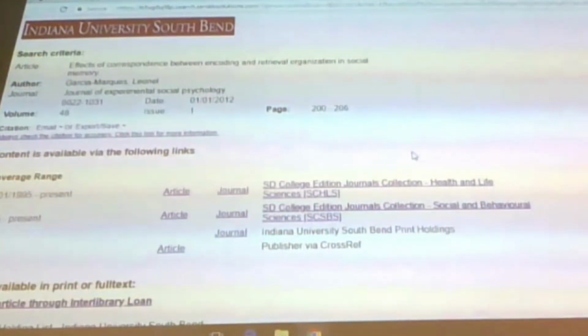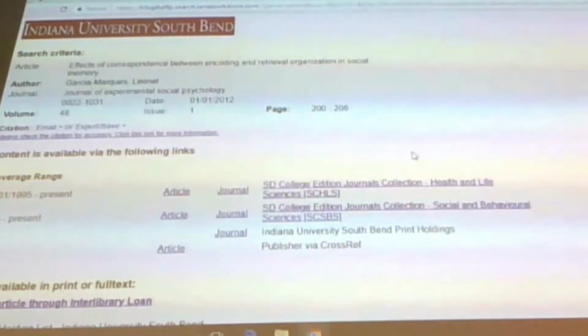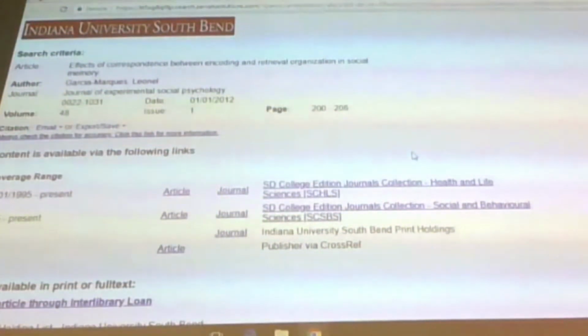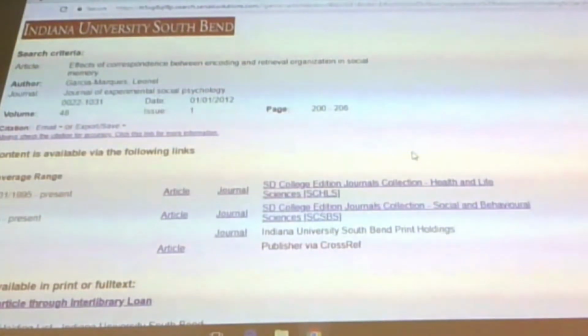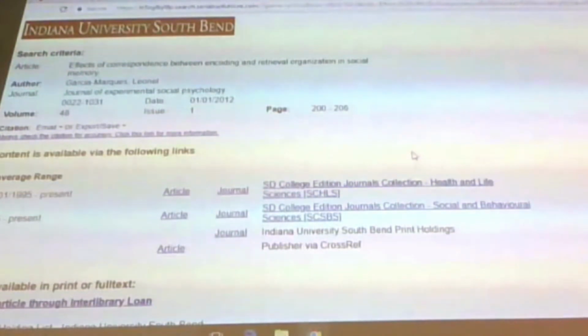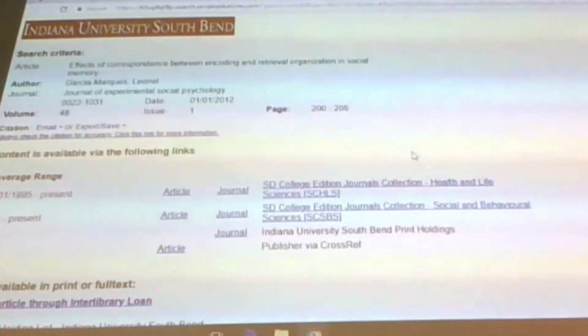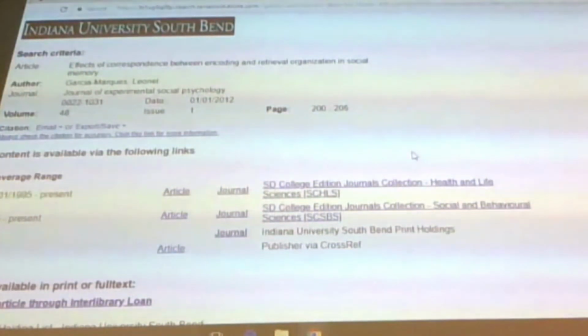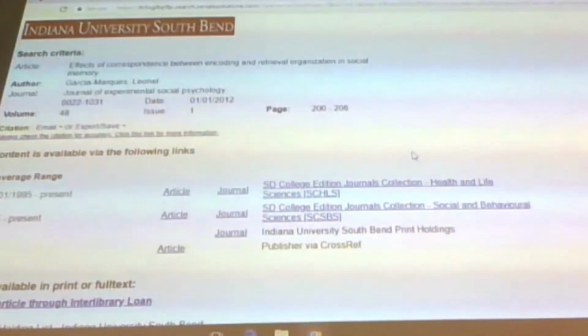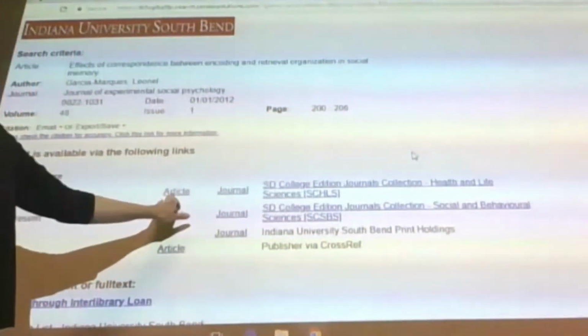But we subscribe to a lot of different databases. So what we've done is linked other articles that we have access to the Get It button. So if you had been in EBSCOhost and said, I only want full text, it would have eliminated this article because it wasn't full text in EBSCOhost. But it is full text in something called SD College Edition,